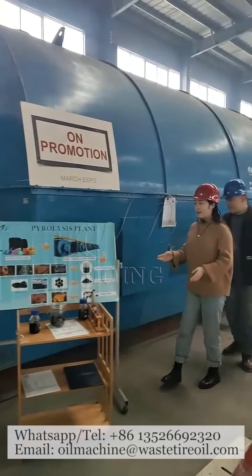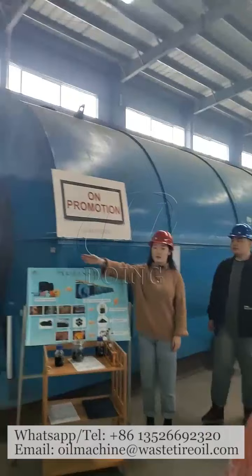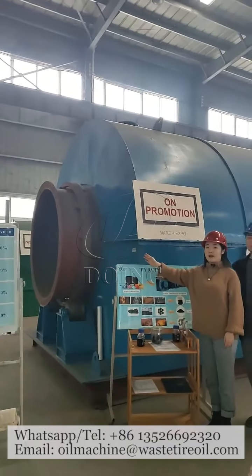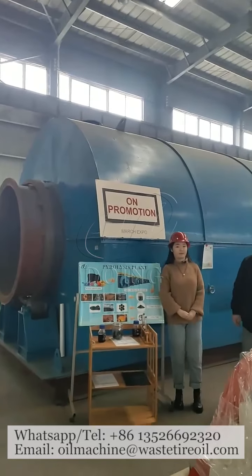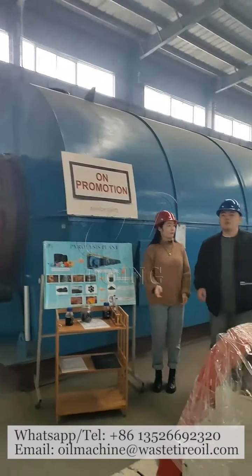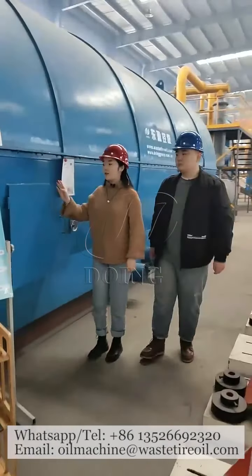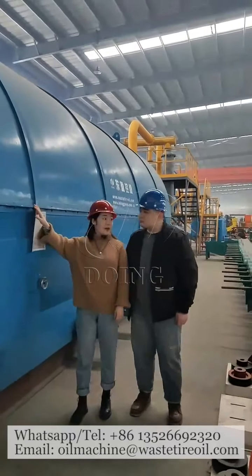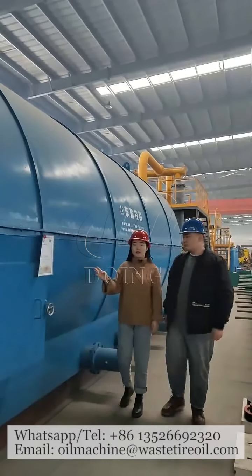The process is like this. You put the material through the feeding door into the reactor. You can see that the diameter of our feeding door is 1.4 meters. Yes, 1.4 meters. That means we can put the whole tires into the reactor directly. Yes, and then the reactor is composed of two parts. The insulation cover and the inner body. Yes, and they are made of professional carbon steel